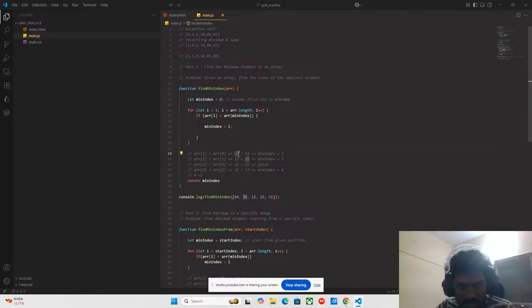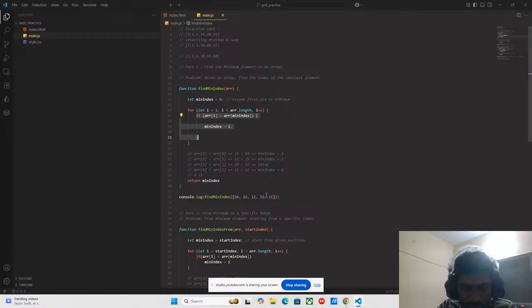So what I did over here, the 25 is the first index value and it is less than 64, right? Yes or no? Yes. The minimum index value has changed, right? Whenever you are putting something like this, it is going to change. You are assuming this is not the correct answer that you have, you are assuming this, right? Yes or no? Yeah. And then the minimum index changes to 1, then the minimum index changes to 2 when you compare the second with the first element. Then you find out over here it is false, so this doesn't get executed, so i gets incremented,